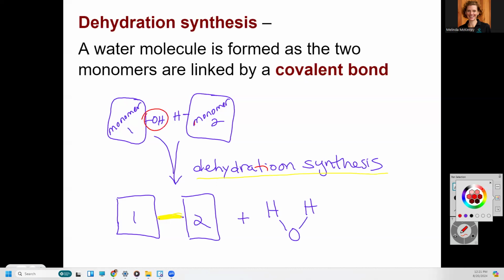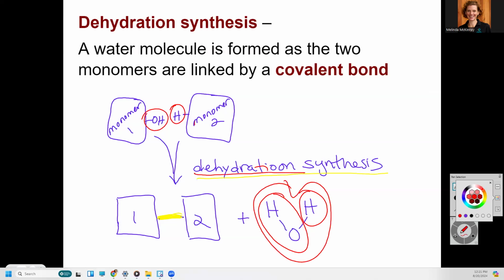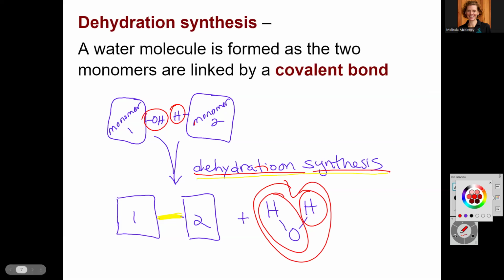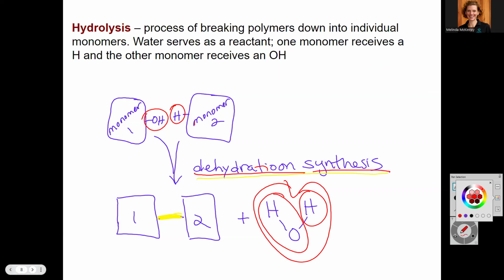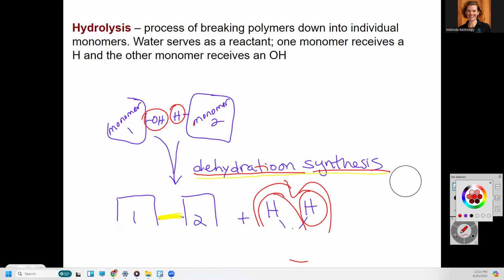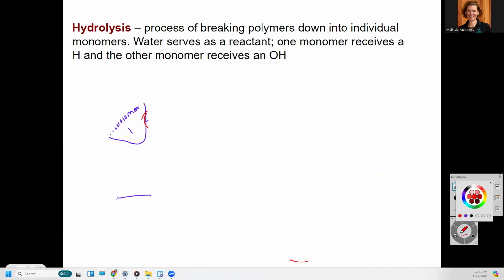This OH from monomer 1 is this OH here. It's been bonded to this hydrogen here. So now you have a water molecule. So it's called dehydration. It's pulling water out as it's synthesizing a large molecule. The opposite of that is called hydrolysis. Hydrolysis is just the splitting apart of two monomers